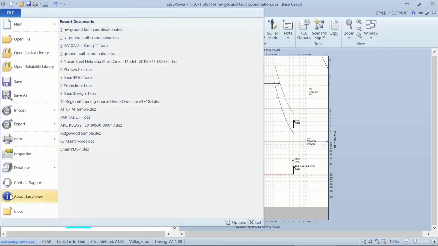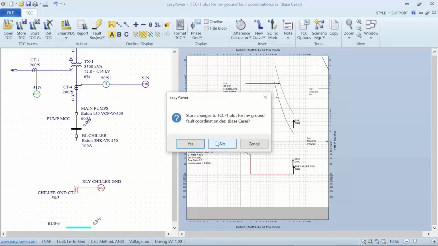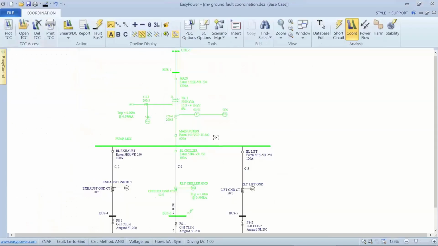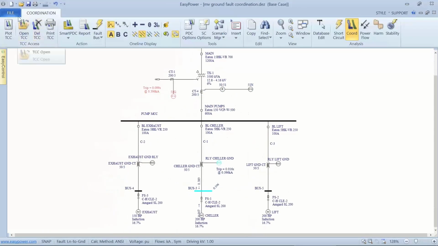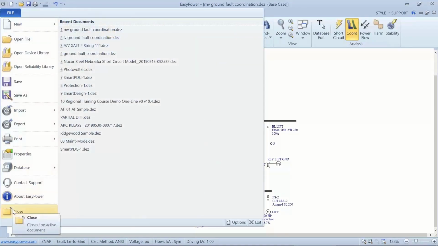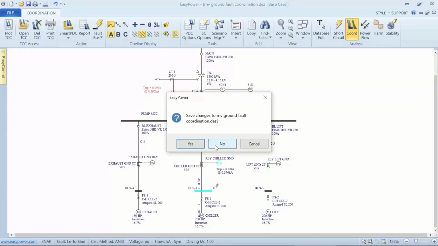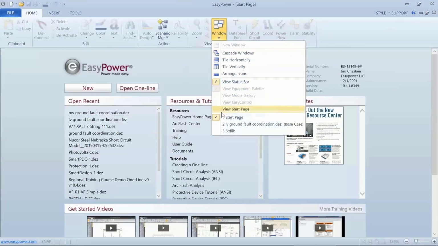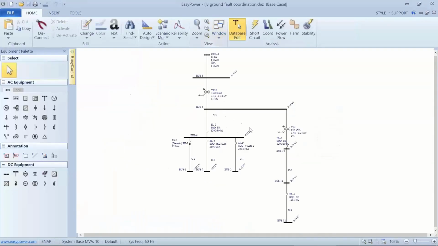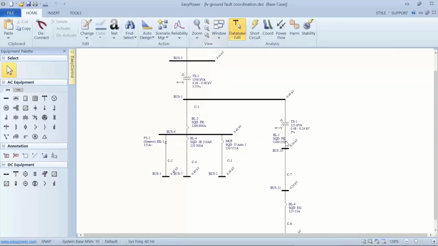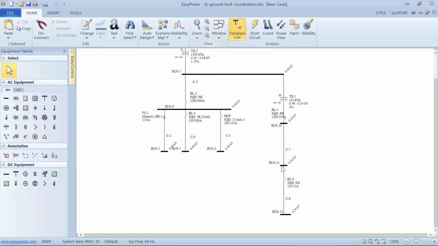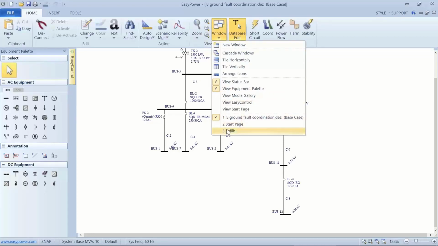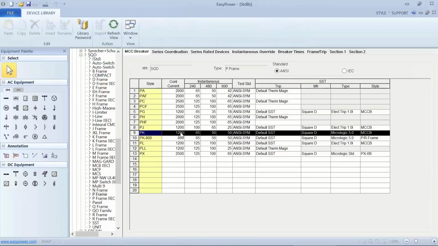Now, I'm going to go ahead and close this project. Now I mentioned that in the library, for instance over here we have installed a Square D PK device, and we want to know what it would take to coordinate with it downstream on this particular load. So if we go to the EasyPower device library and look up the PK,